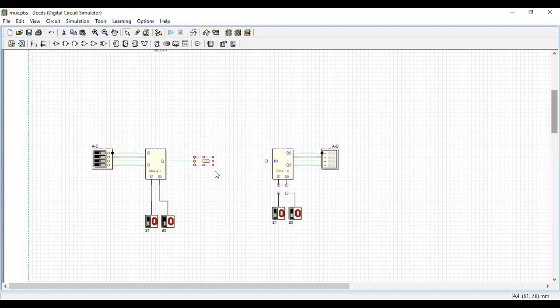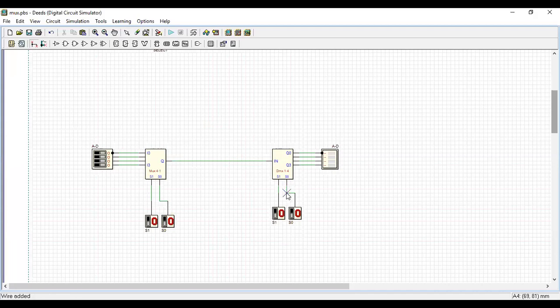Now what I'll do, I will connect my mux output to this demux. So this is one of the applications. What is this application?